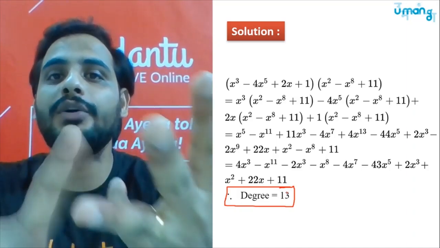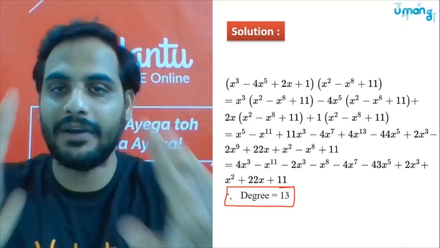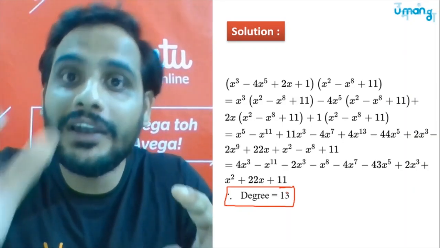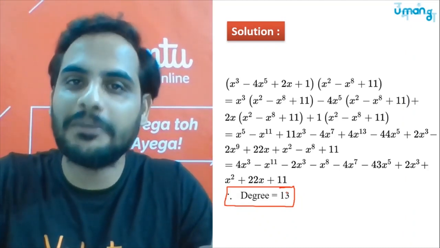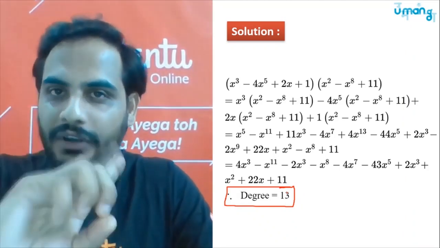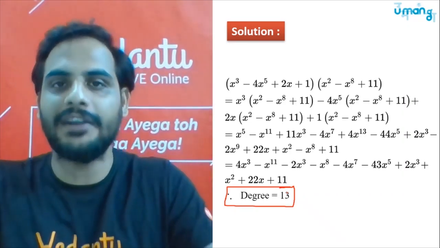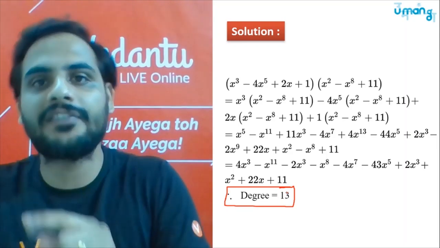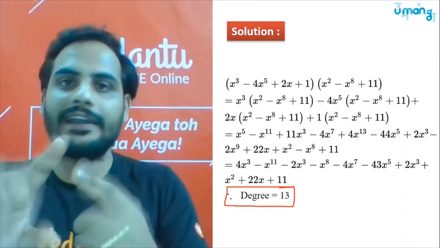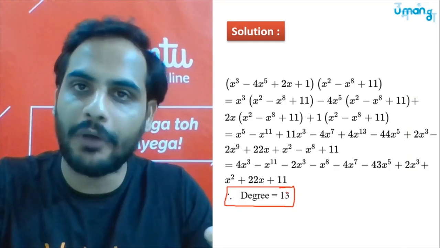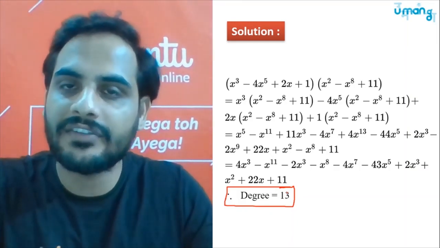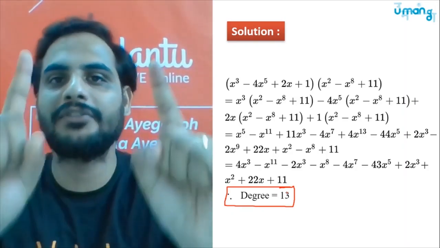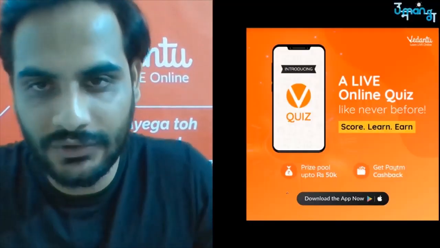All non-zero real numbers are constant polynomials. Remember, if I say all real numbers are constant polynomials, false. All non-zero, because when you say all real numbers, 0 is also included there. So 0 is not a constant polynomial. So the correct statement is all non-zero real numbers, or all real numbers except 0, are constant polynomials. Degree is 0. And then comes zero polynomial, which is number 0, and its degree is not defined. Whenever you are calculating degree or number of terms, first simplify the polynomial. Okay, beta? So this is all.